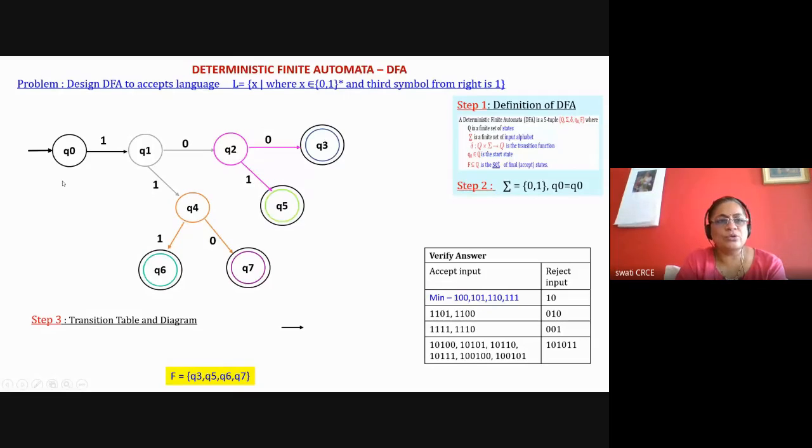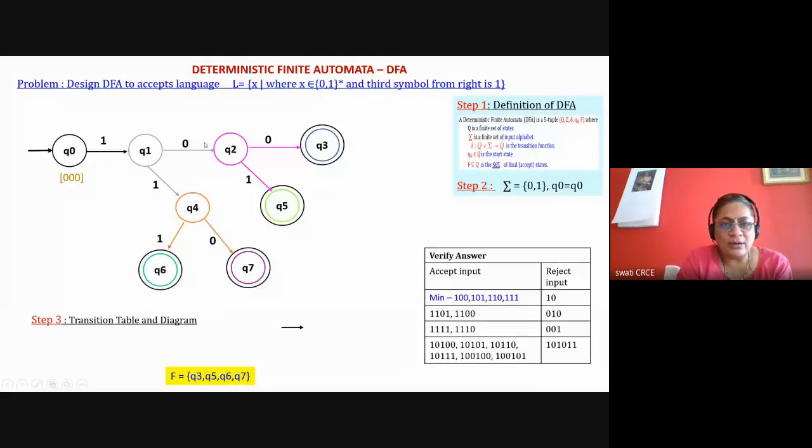So in the state Q0, for such kind of problems, you will try to draw the diagram, and if you are not able to draw it, then in that case you may have to follow this particular technique. And then you can verify your answer. When you are solving the problem in the exam, if you get more number of states, it will not be a minimized DFA. But if it is the correct answer, then that is okay. You get the marks. Your drawing should be the correct drawing.